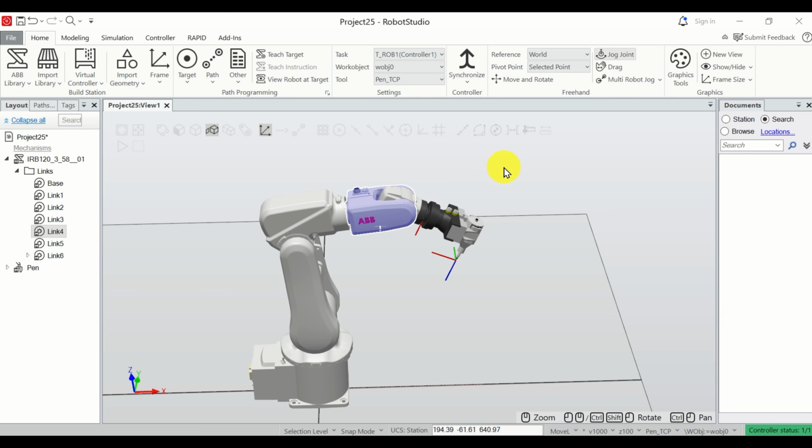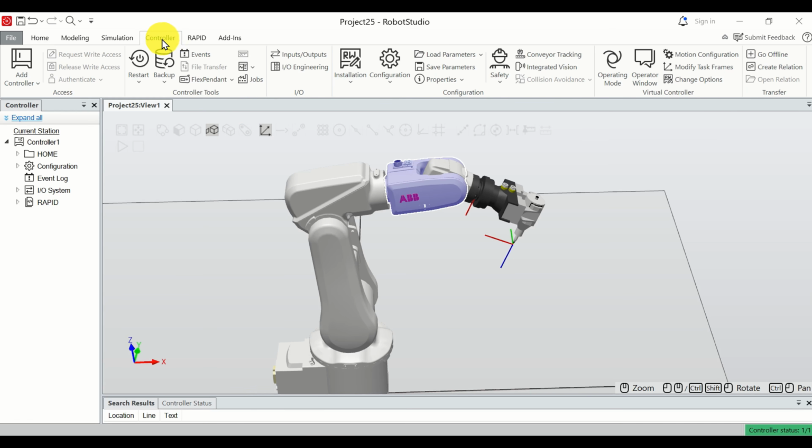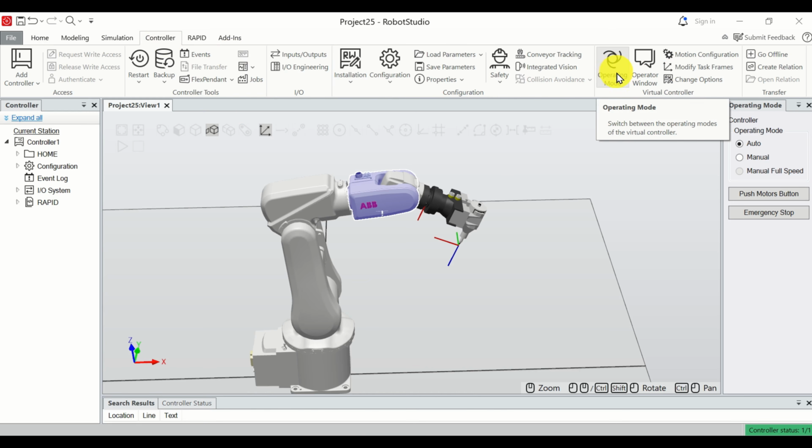To move the robot in practice, we need to use either the Rapid Programming Language or the Teach Pendant. So let's explain how to use the Teach Pendant, since this is what you will do in practice. To use the Teach Pendant, we need to do a few things. First of all, click over here on controller, and over here click on operating mode. Currently the operating mode is auto, and this is not what we want. We want to have a manual operating mode, and click on enable device. So again, click on manual and click on enable device, and this will bring the possibility to manually control the